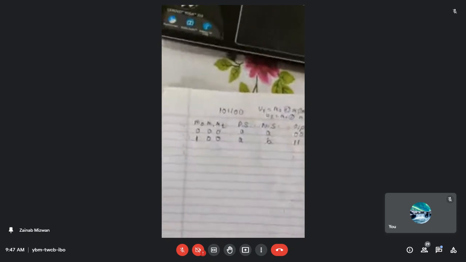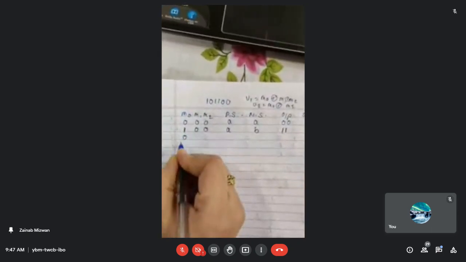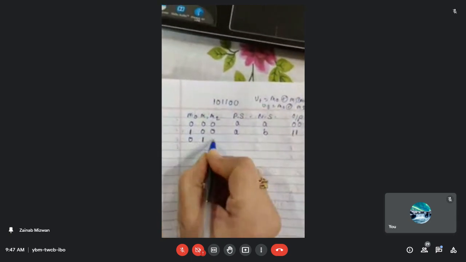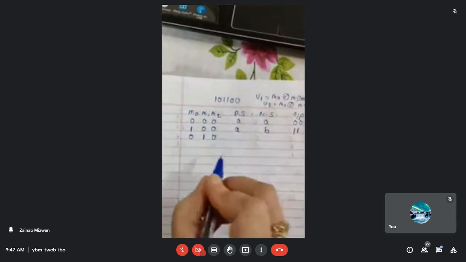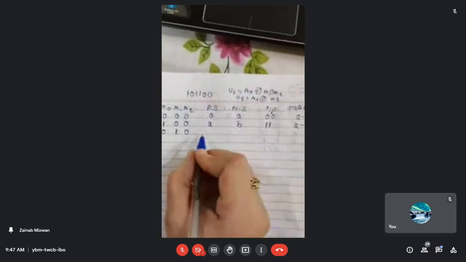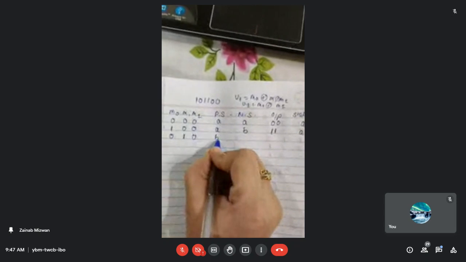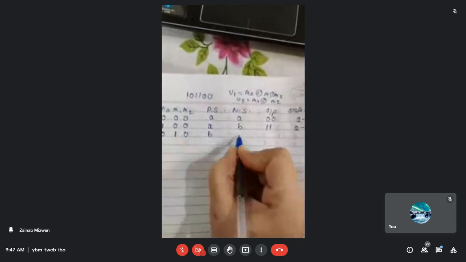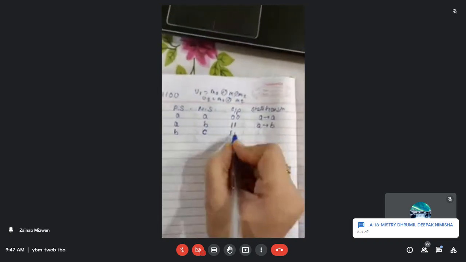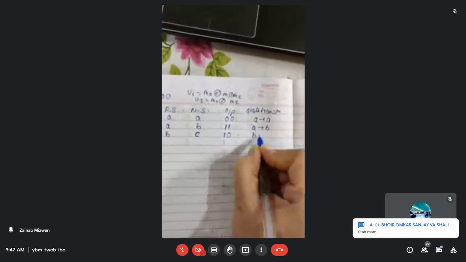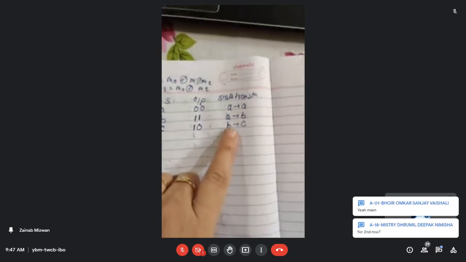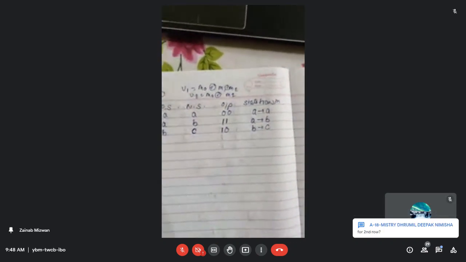Then coming to the next input, which is 0. Now when 0 enters, 1 will be shifted to M1 and the 0 from M1 will be shifted to M2. The 0 out of M2 will be lost over here. So we have 0 1 0. The present state is 1 0, which is state B, and the next state 0 1 will turn out to be C. Again here the output will be 1 0. So this state transition is from B to C over here. So we got 0 0.